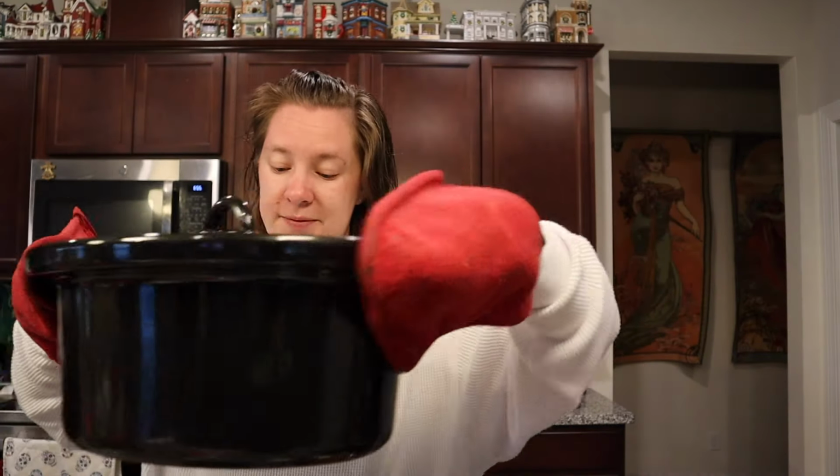At 6 o'clock, I turned the heat on these off. So they have been done cooking. I cooked them all three on high for 4 hours, and then I turned them off. I went upstairs and took a shower after work, and then I moved them out of their crock pot cooking devices, and I just have the actual ceramic pot here, and I have 3 of them in